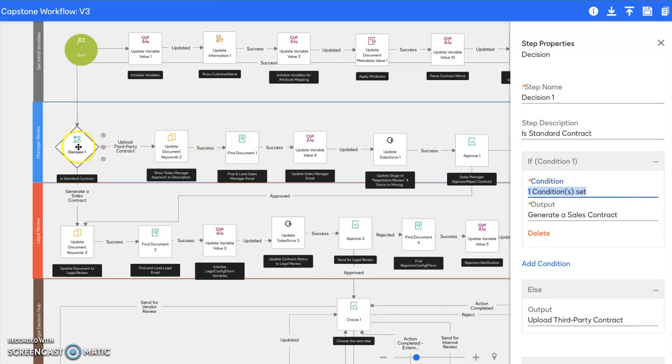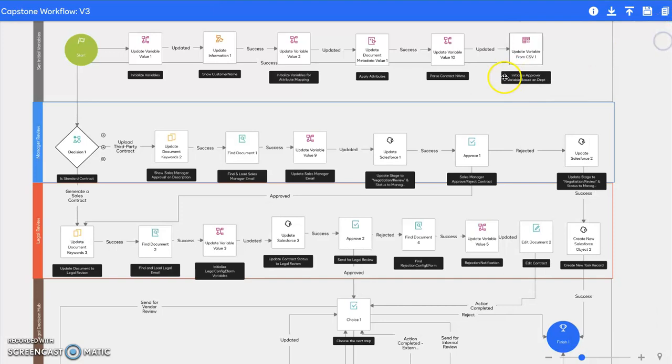From there, we see if it is a third party, it's going to go this route. So it stays in the manager review. If it's a third party, the manager has to review this. It stays in here. If it is generated, it goes to legal review. So depending on which template we pick, it's either going to go this route or